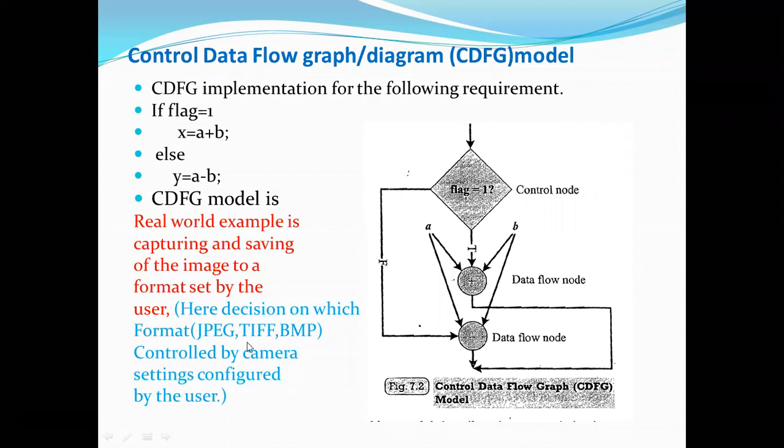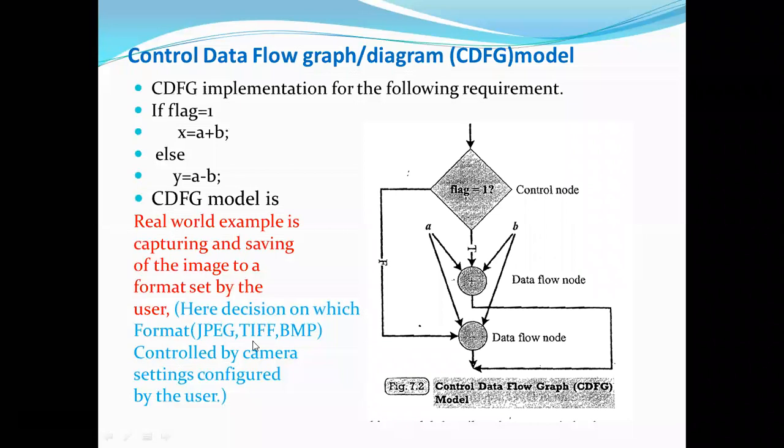So this is one of the different control data flow diagram models used in the embedded system. Here I have written one example. The example is a digital camera. You know what the use of a digital camera is. It is also one embedded system. Basically it takes pictures. When it takes a picture, it is analog in nature, but it has to convert it into digital. So again, the data flow graph model is basically in the decision making.